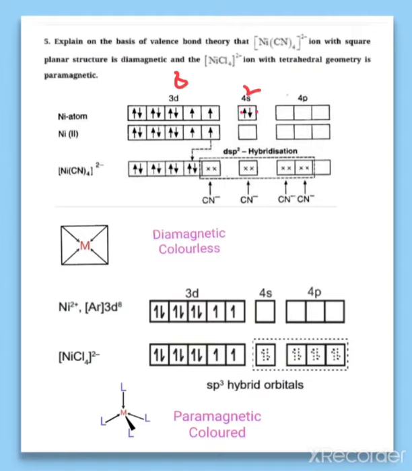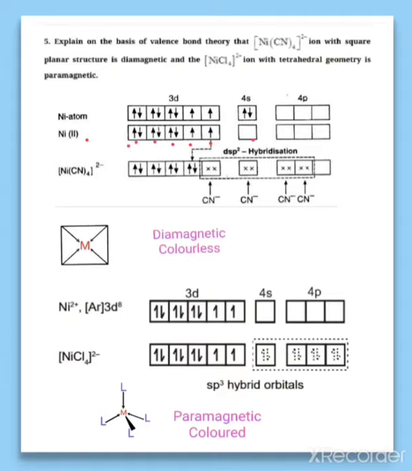Two electrons are there in 4s and 8 electrons are there in 3d. But the oxidation state of nickel here is +2, which you find by using the x method. So you have to remove 2 electrons. From where do you remove first? You have to remove the electrons from 4s first, then only from 3d. That is important to remember. Only 2 electrons have to be removed, so we remove them from 4s. So in the Ni2+ state, we can see that there are 8 electrons, only in the d.